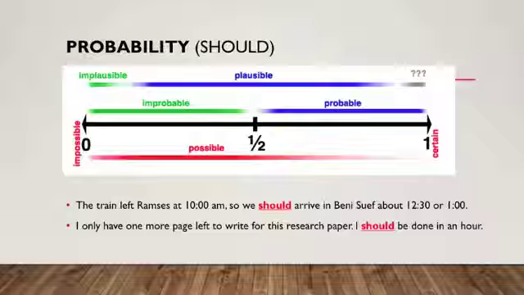فيعني عشان نعبر عن probability ممكن نستخدم المودal verb should. مثلا إيه؟ The train left Ramses at 10 o'clock a.m. So we should arrive in Beni Suef about 12:30 or 1 o'clock. فيعني القطر تحرك من رمسيس الساعة 10 الصبح، فيعني احنا متوقعين انه يعني المفروض نوصل بني سويف على 12 ونص